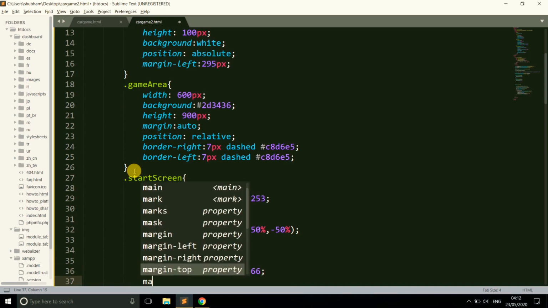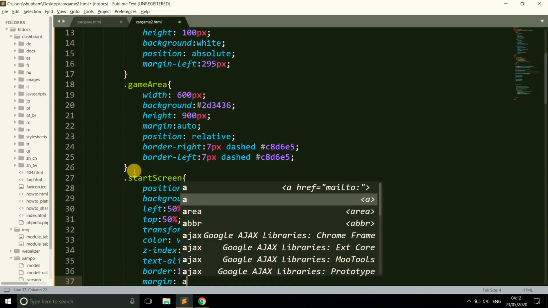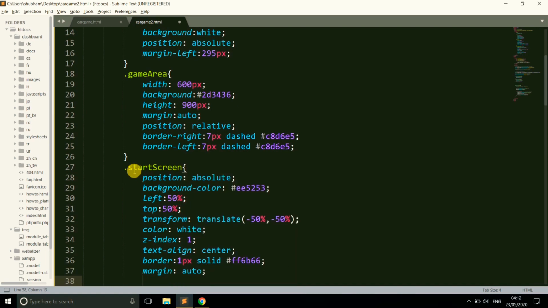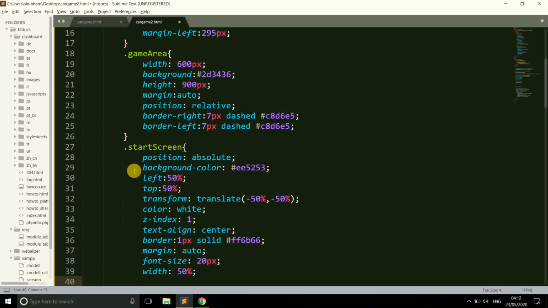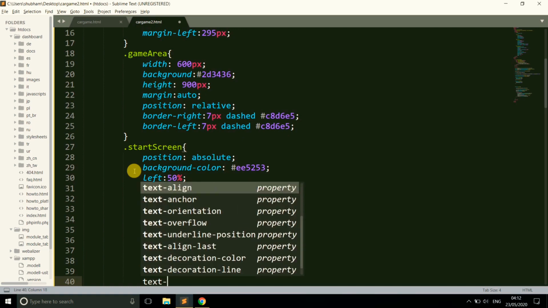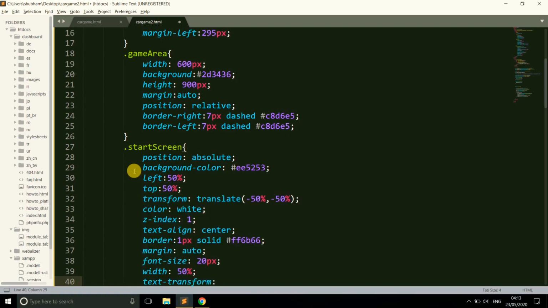So now what we need? We need a margin auto. Just give the value, and the font size is 20 pixels, and give the width 50%, and text-transform uppercase.